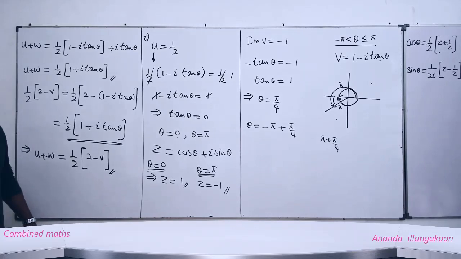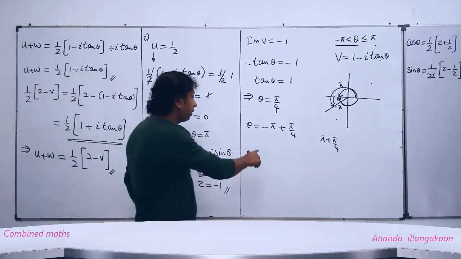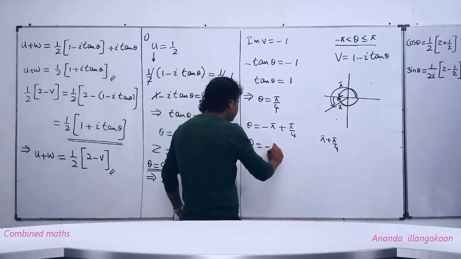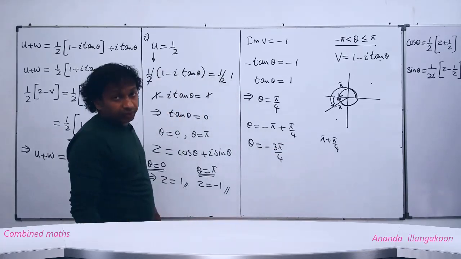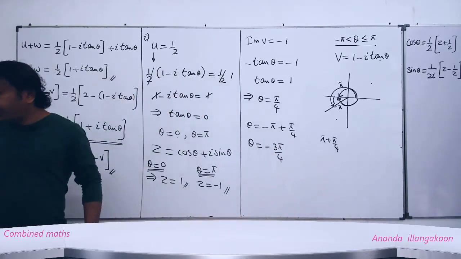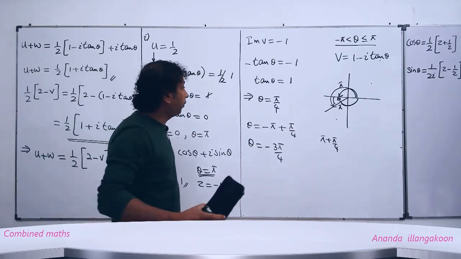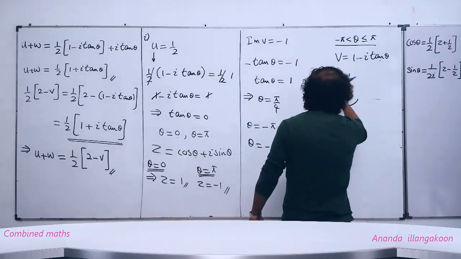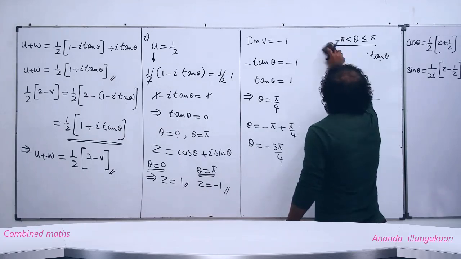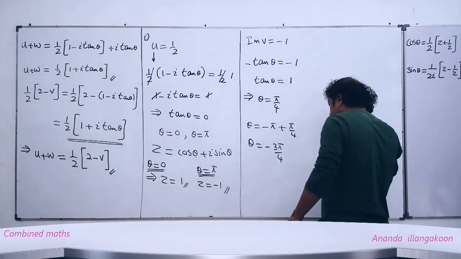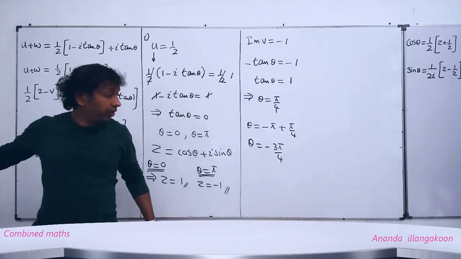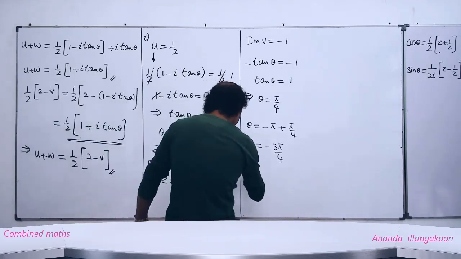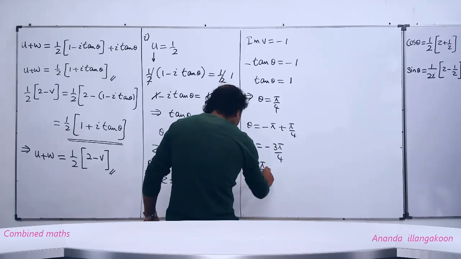Right. Then this is really nothing but minus 3 pi by 4. Right. Minus 3 pi by 4. Then you can write the two corresponding complex numbers for Z. Two corresponding complex numbers for Z. When you simplify these two, we get minus 3 pi by 4. Then what are the Z values? Theta equals pi by 4 gives us